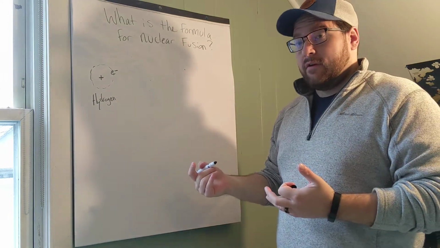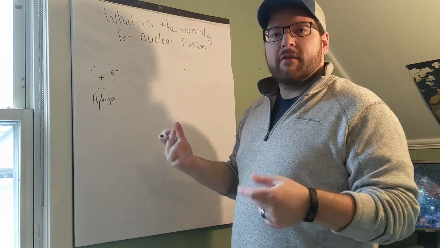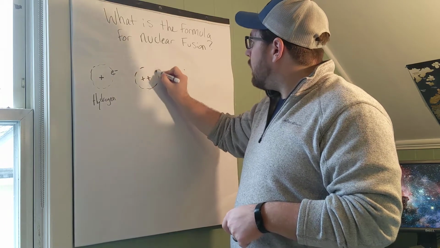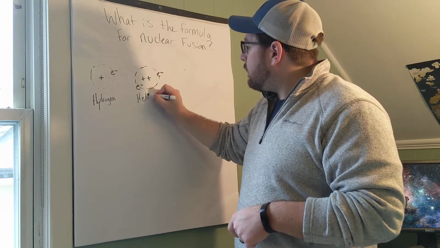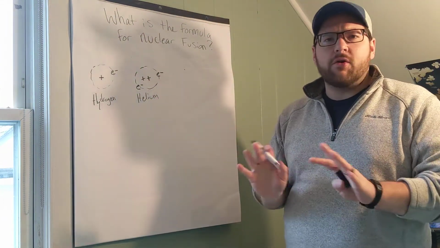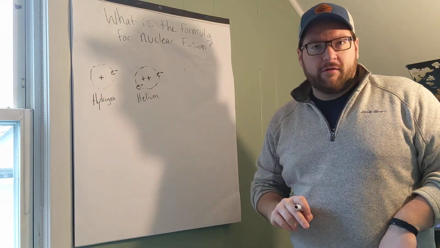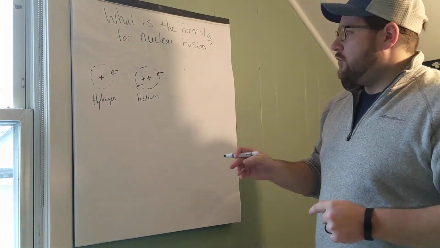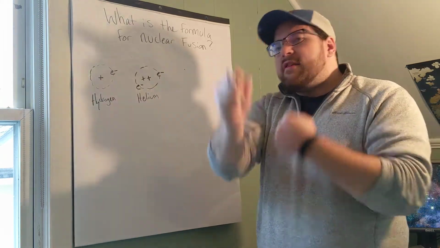For instance, hydrogen has one proton, so it's very light. A heavier element, still pretty light, would be something like, give it 2 electrons this time, helium. Helium has 2 protons in the nucleus. I'm not worrying about neutrons right now for all my chemistry people. But hydrogen's got 1 proton, helium's got 2 protons. Okay? And in the formula for nuclear fusion, what's happening is that these protons are moving in the star so